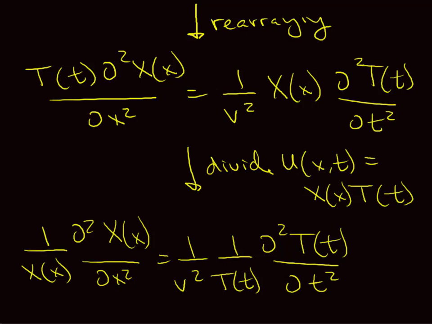Now let's look at this. One of the important things that we'll notice is that we have x on the left-hand side, and we have functions of t on the right. Let's keep moving along and see what we do now. Okay, and let's write that down. We now have an equation